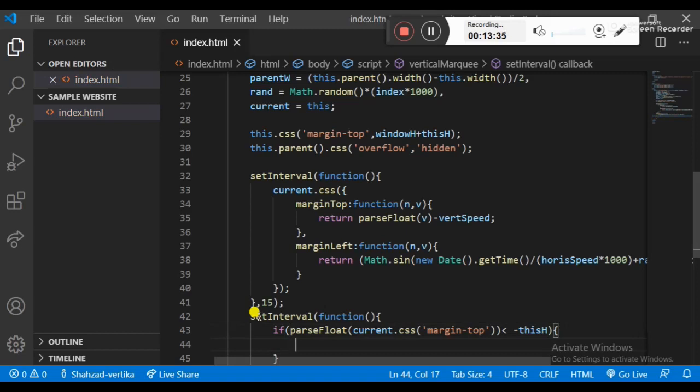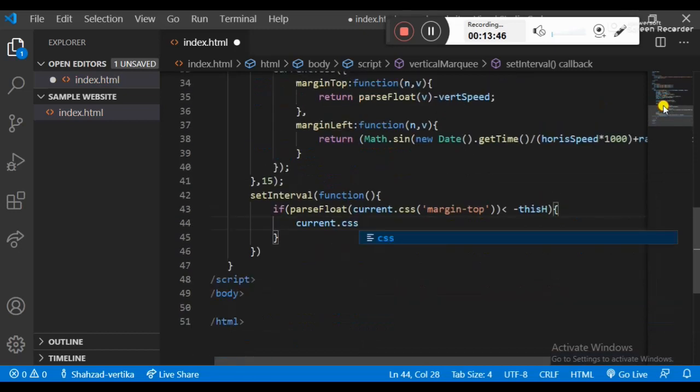Current .css, okay, .css, it should be the margin-top and window edge plus this edge.